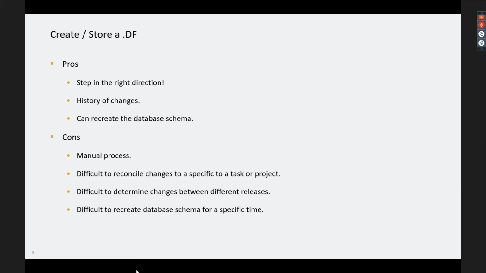I know that incremental DFs, or DFs in general, are just text files, so you can open them up in a comparison editor and look at it that way. But that's not natural. It's almost like comparing code, but if you're doing that with schema, it's not as much fun. And depending on how you check in these incremental DFs, it could be difficult to recreate a database for a specific point in time. If you have a dozen releases of your application, and for some reason you have to go back and recreate the schema for one from 6 years ago, can you do that?